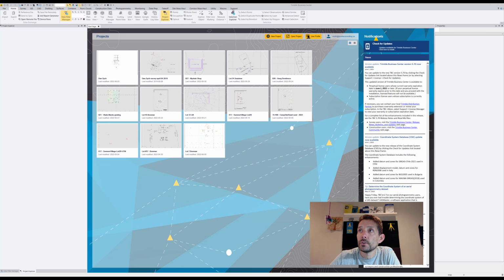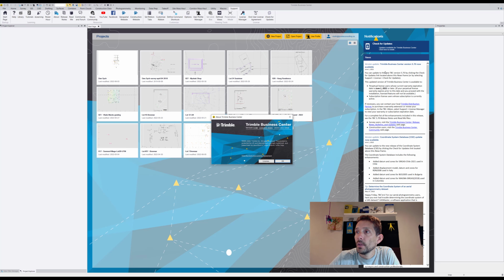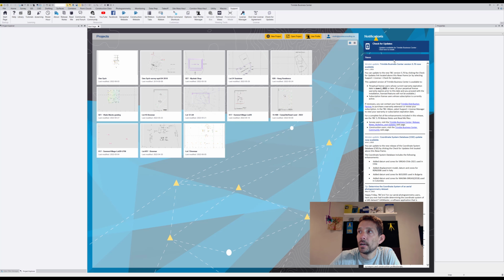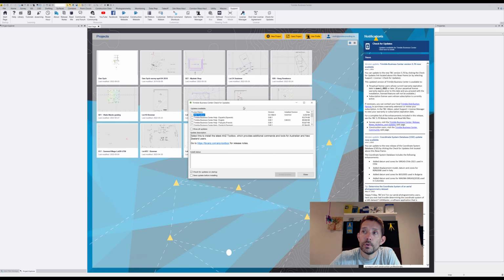I have opened my version 5.62, as you can see here. When you open Business Center, on the right hand side you have the notification with the check for updates button. Once you click that, it's going to check for your updates, and if you are like me, you're probably going to have a few different things up there. But there's Trimble Business Center new release 5.7, a major software update available, select this to download. Once you hit that and hit install updates, what's going to happen is